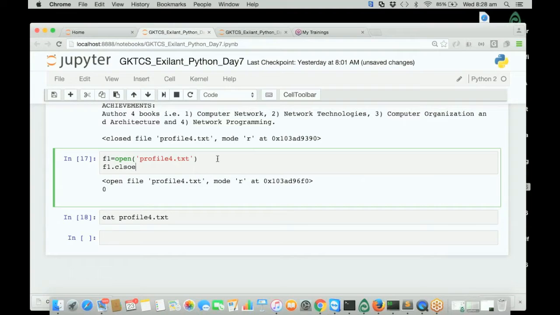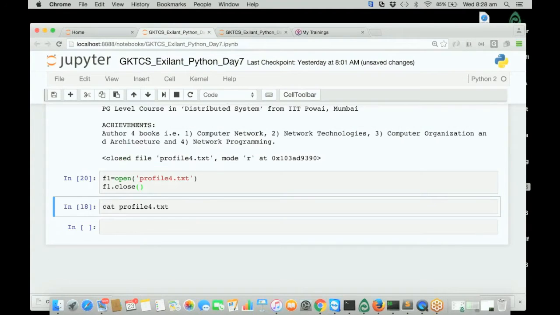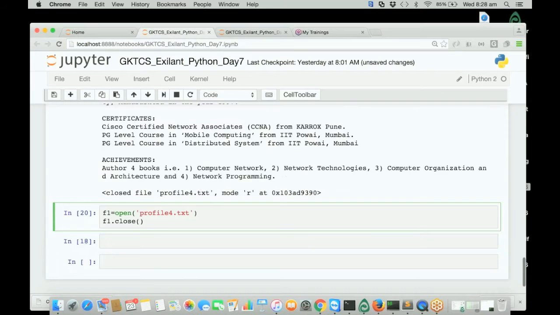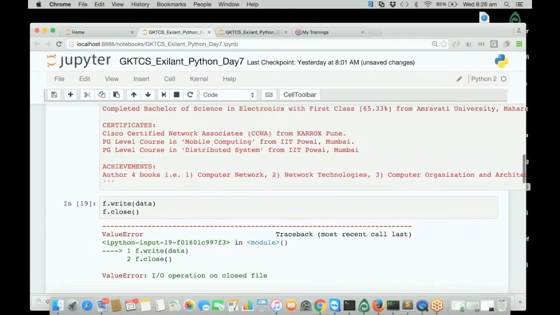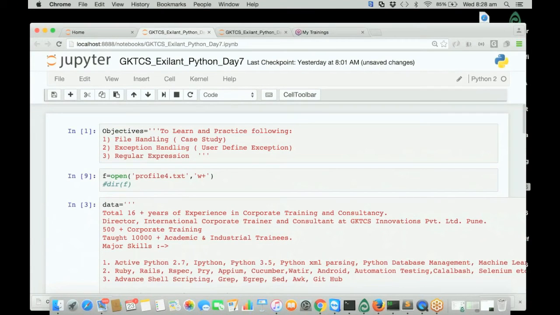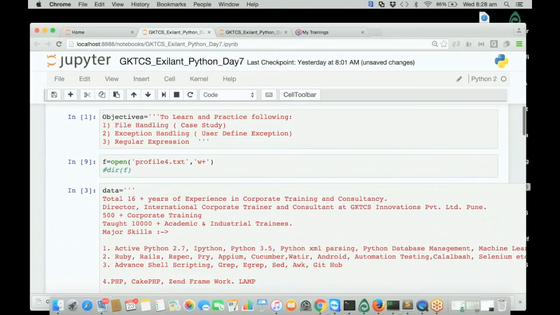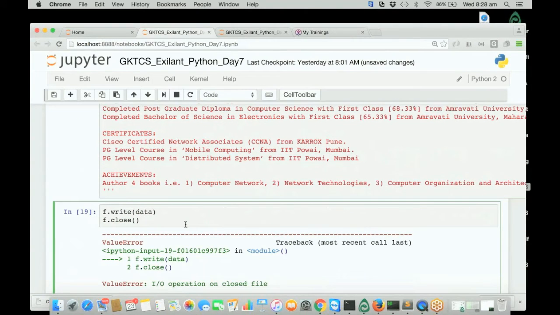So this is the problem we face in case we have opened the file for writing: it will overwrite the content. So I have closed this file now, and now I am performing the same operation. The file is already open for write only mode now. Should be able to write the data,